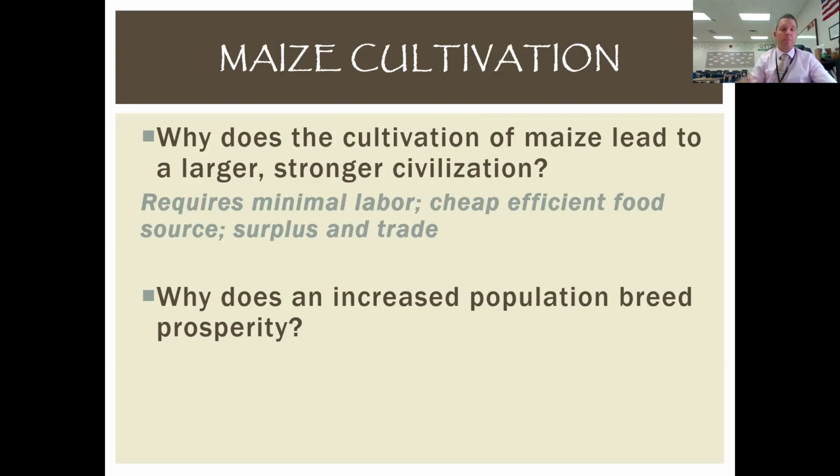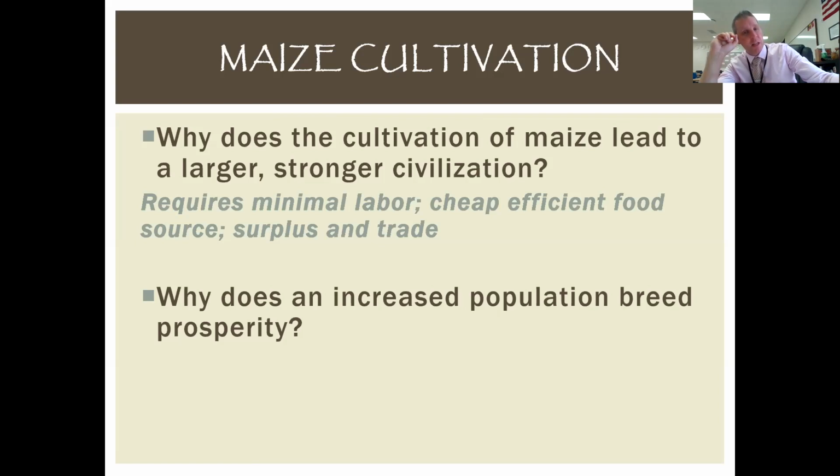Okay. Also, keep in mind, maize, or as we would probably refer to it, corn today, is a cheap, efficient food source. It's nutrient rich, and it's a hearty food that would support a good and healthy population. And there's lots of it, okay? So as far as a well-nourished and healthy people, it's probably a strong and reliable source of nourishment.